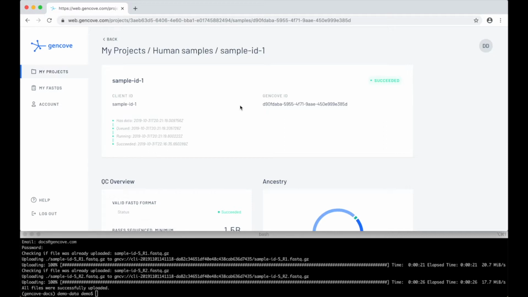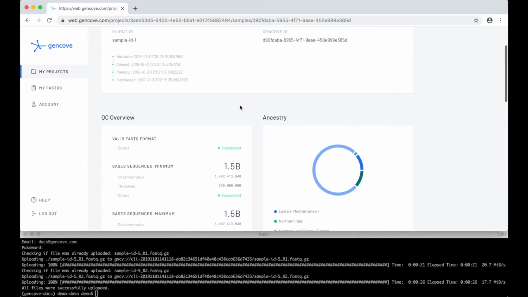To the right of this, you can see the Gencove ID, which is an auto-generated identifier provided by Gencove and guaranteed to be unique across all Gencove systems, projects, and samples. For savvy users, this is a version 4 UUID. We can also see a history of the sample, and further down the page, we can see some basic quality